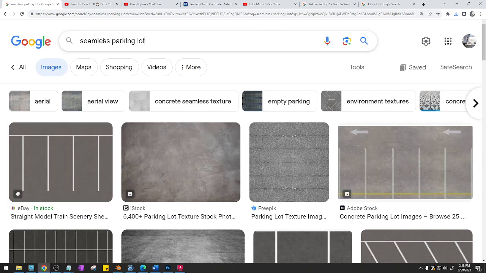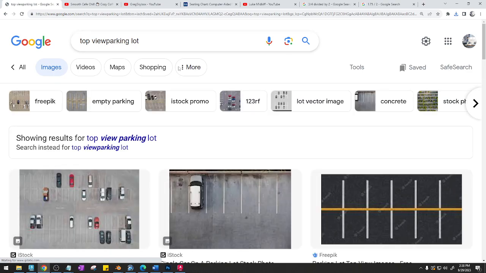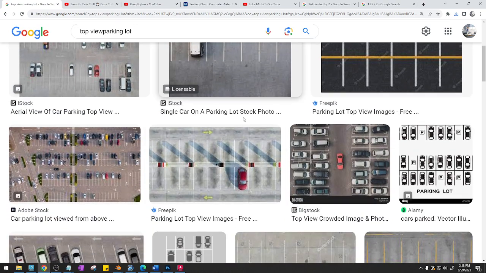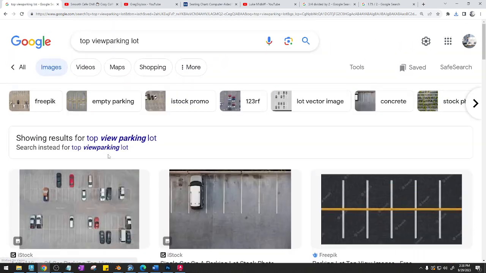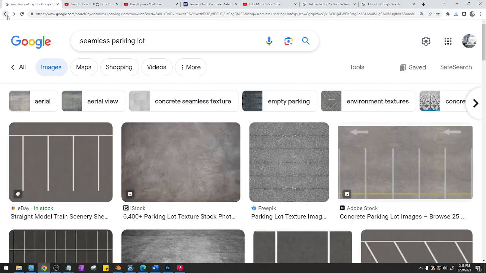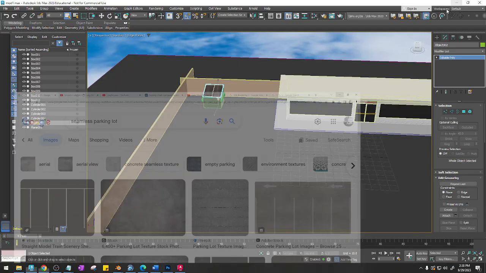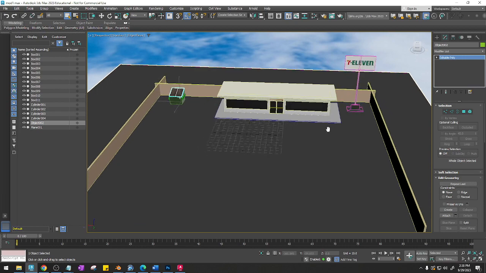You could also find top view parking lot. This might work too. You obviously don't want one with shadows or a car. Actually, this looks like it's bringing up bad results. So this is probably the way to go, and you put it on there. All right, so everything has a material, long and short of it, and that's how